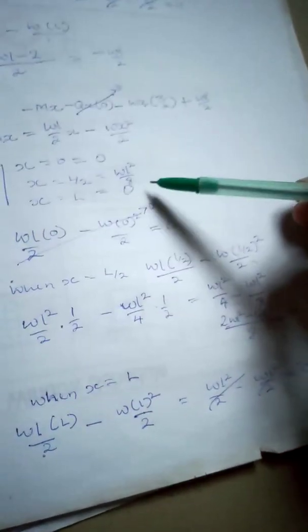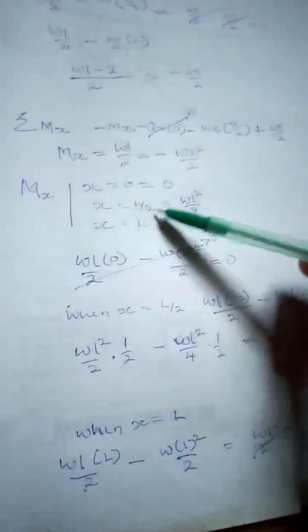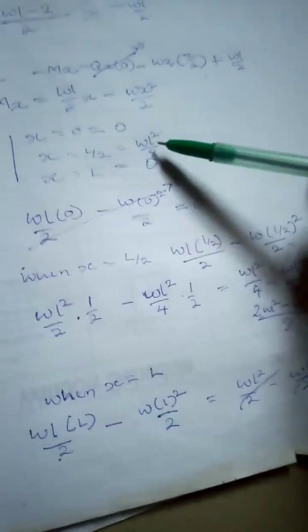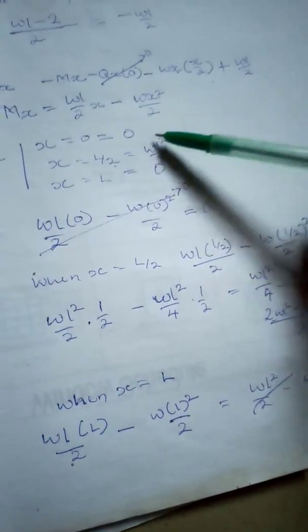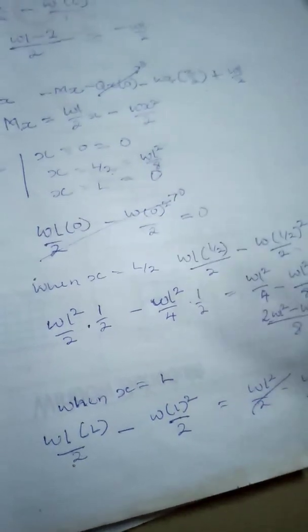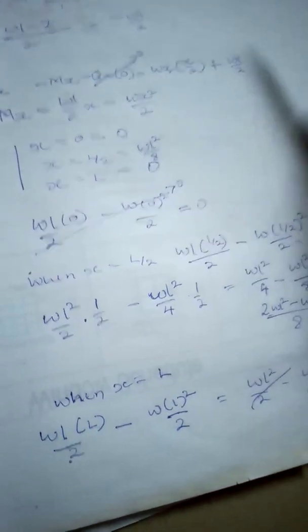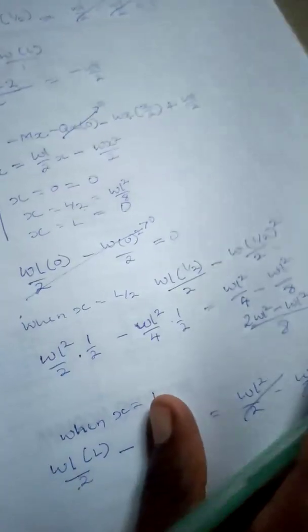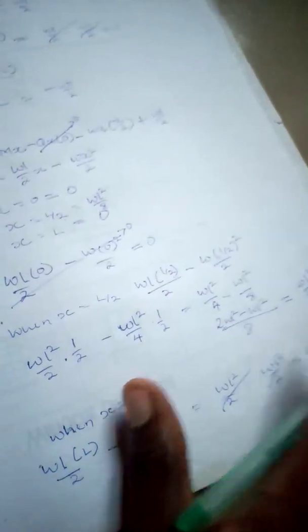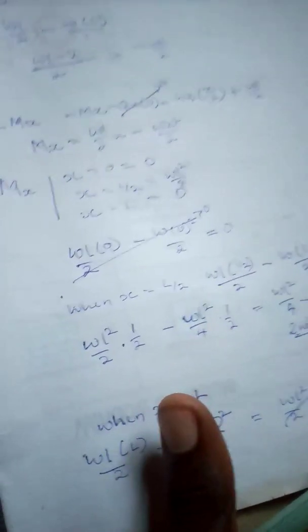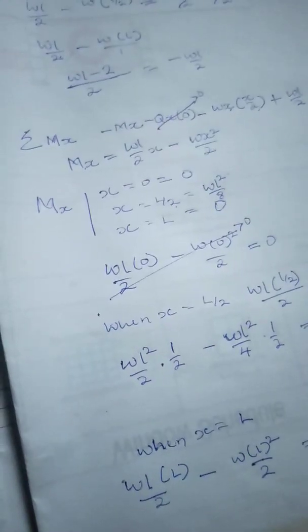Now you can see that our answer here when x is L over 2 is actually parabolic. If you have WL square L over 2, it is actually quadratic. Okay, it's quadratic, it's parabolic, it's square. Now if that is correct, let's go and design our bending moment and our shear diagram. You get to understand that the moment is uniformly distributed with this axis parabolic. Parabolic. If that is correct, yes,